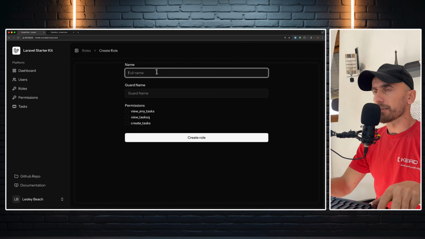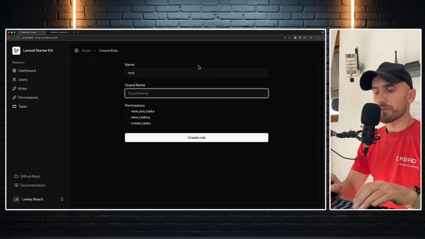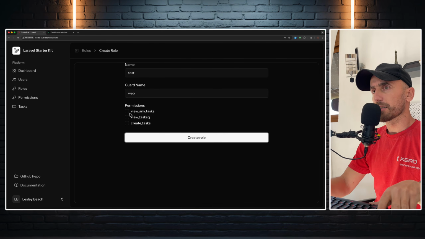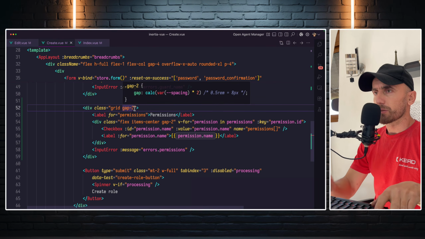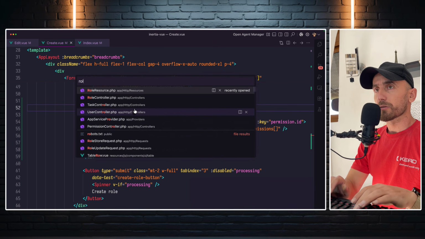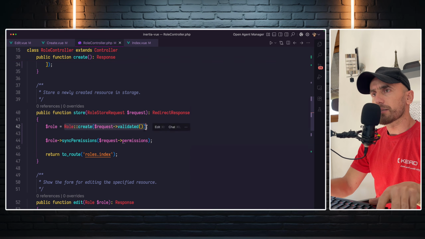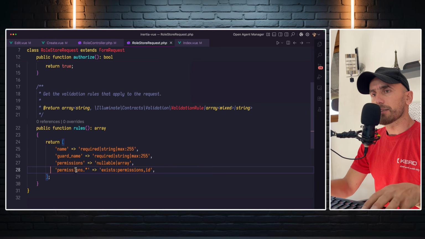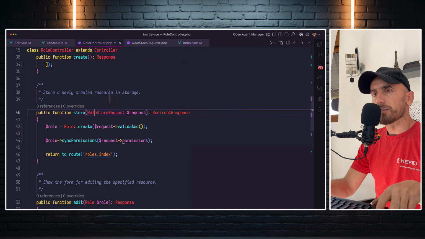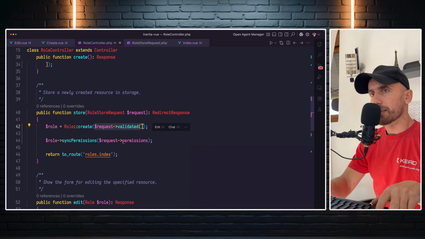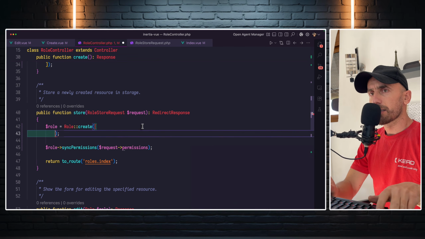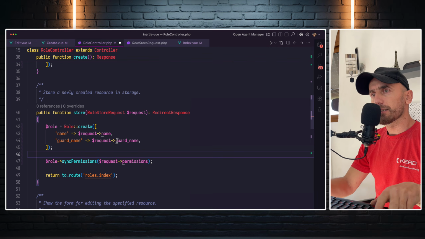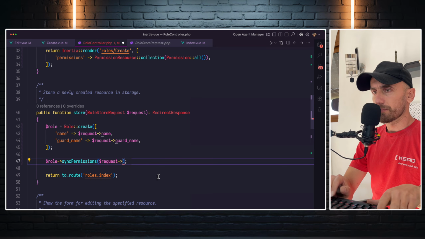Okay, let's create, let's name it test. It's going to be a web, and I'm going to assign 3 permissions here. And inside the controller now, let's see in the role controller, create the role first, pass in the request validated. Yeah, here now we have permissions which syntax this. And for that, on the role controller, instead of this, we can add only the guard name and naming guard name, and here and then request input